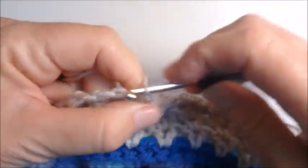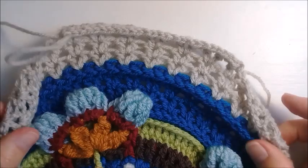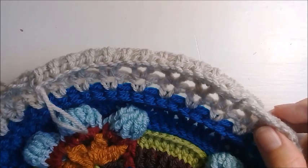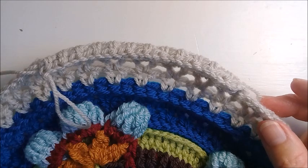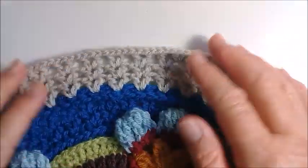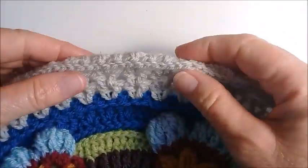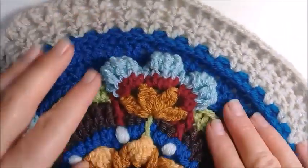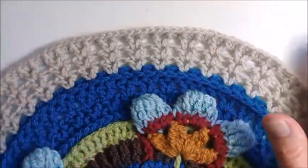Okay, so you're basically just filling all the spaces like that. Okay, so I shall see you at the end of that round, and we'll go over the stitch count before we go on to round number 29. Okay, so the end of round number 28, and you're going to have this little ridge like that. Okay, but your work really should be lying nice and flat at this point,